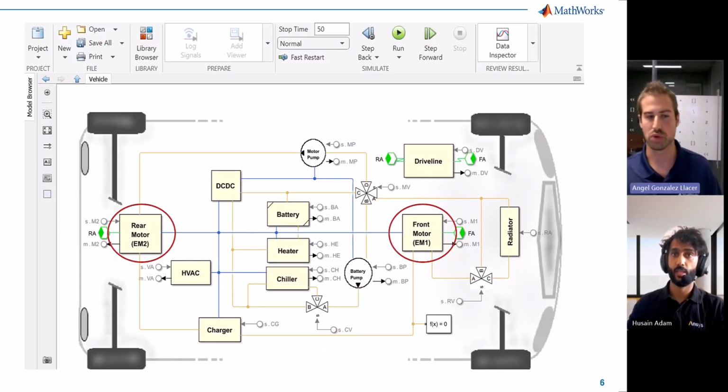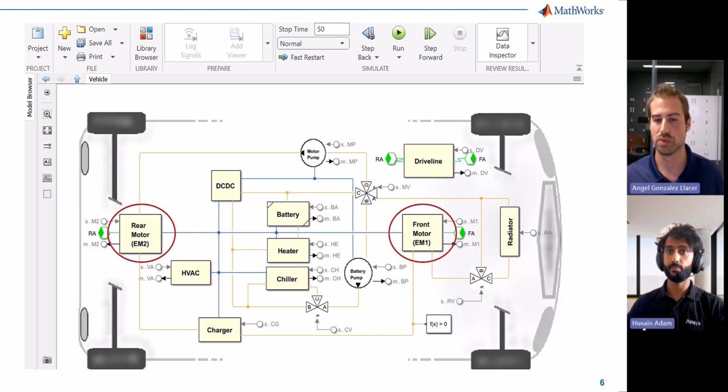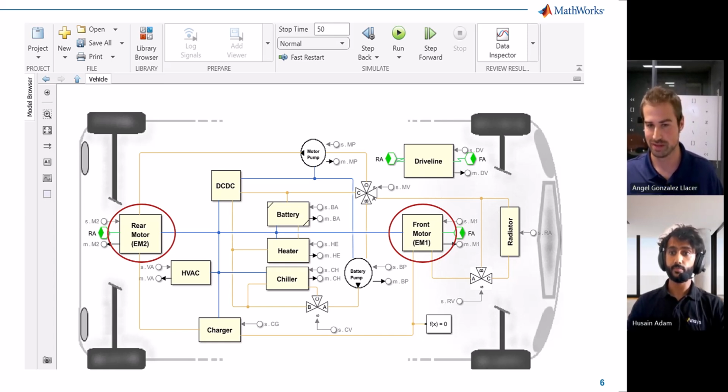Here we have two motors, which has been the focus so far of the cooling for us. But there's also battery packs, chargers, DC-DC converters, DC-AC converters, lots of components that need also cooling. And there can be opportunities to integrate all of these systems together and optimize from a holistic perspective.